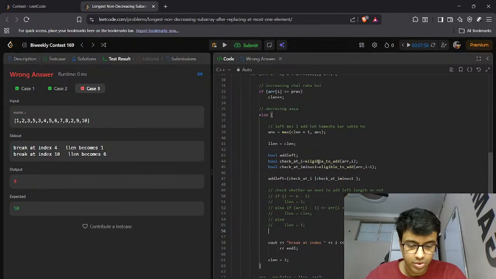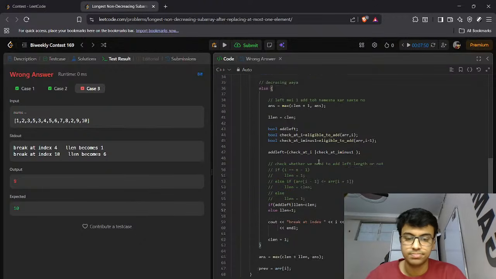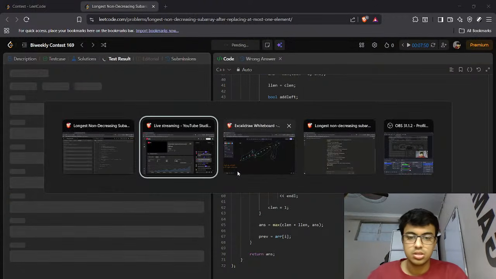Now we decide using this. If add left, then we can say L length equal to C length, else L length equals to 1. This should be